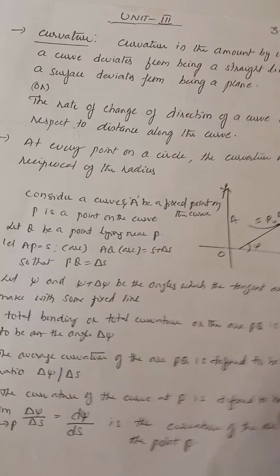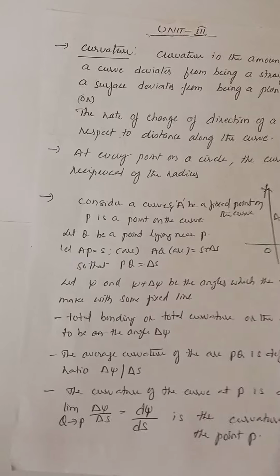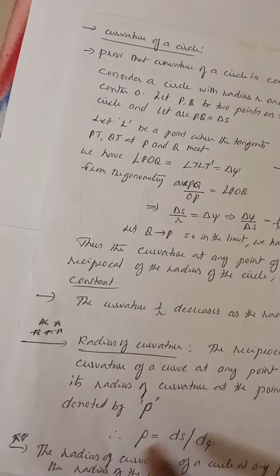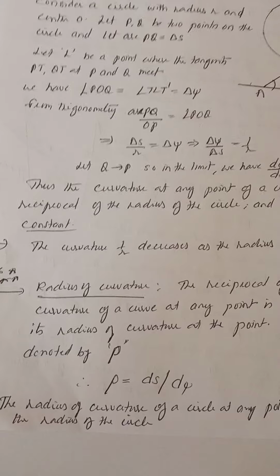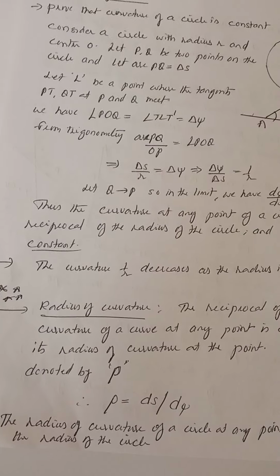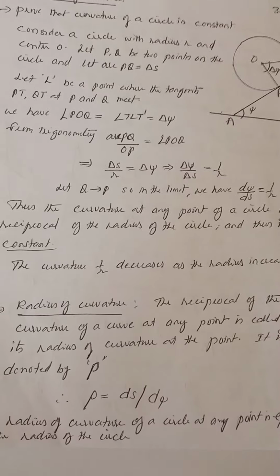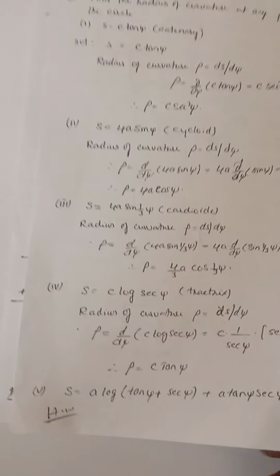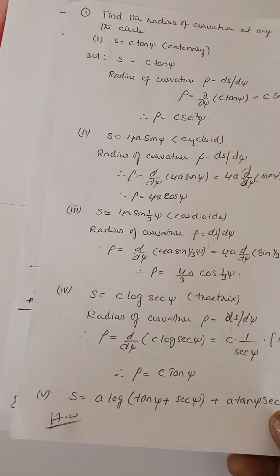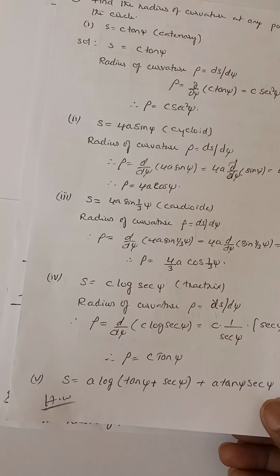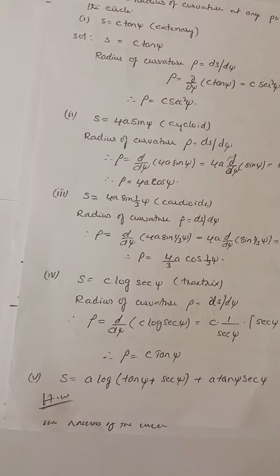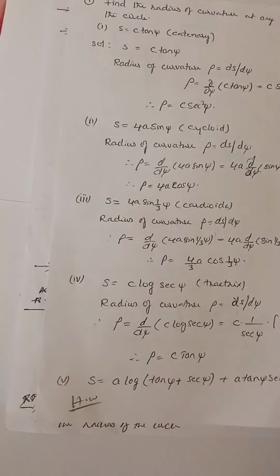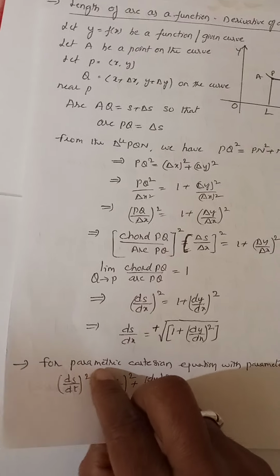Good morning, students. Now, the radius of curvature. We know the definitions, all those things, no? Right? Radius of curvature, if the given surface is in a single variable, that we know. This is the formula: radius of curvature is equal to ds by dψ. And the second, these are the problems based on a surface. If the single variable is given, that means angle and the surface, the relation between the surface and the angle is given to you, then we can find the radius of curvature,